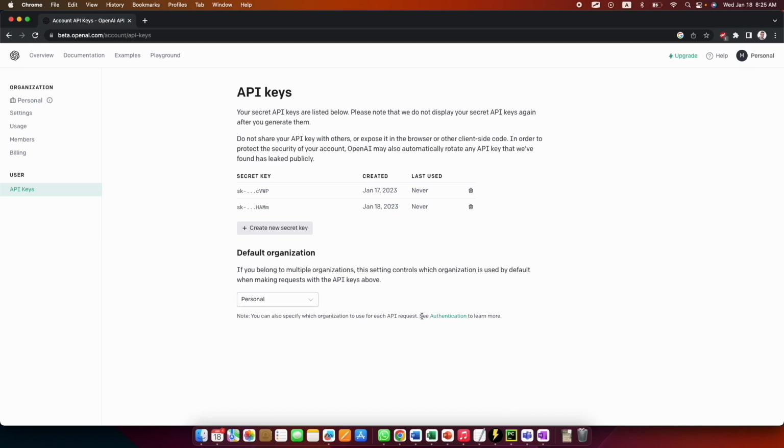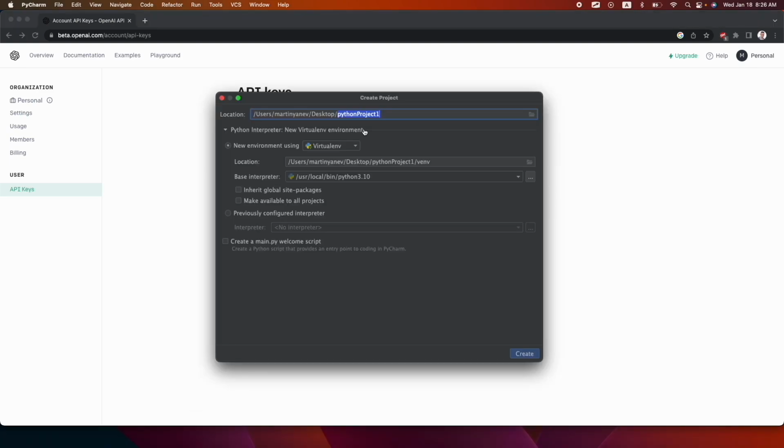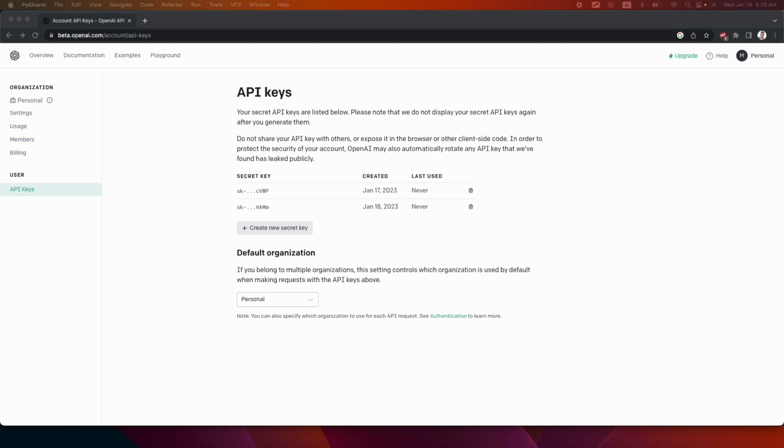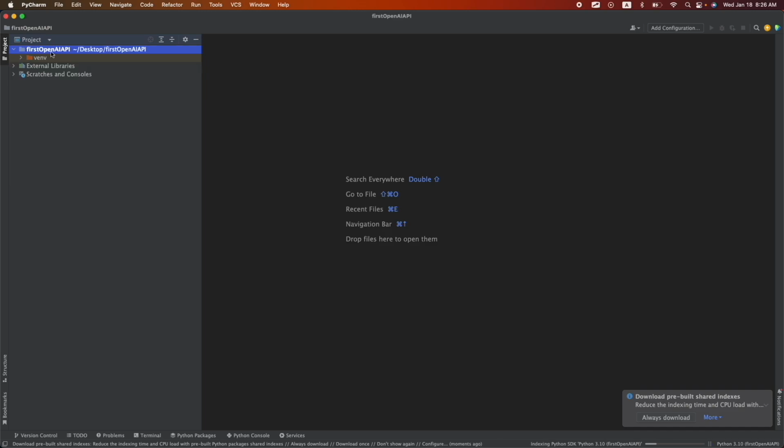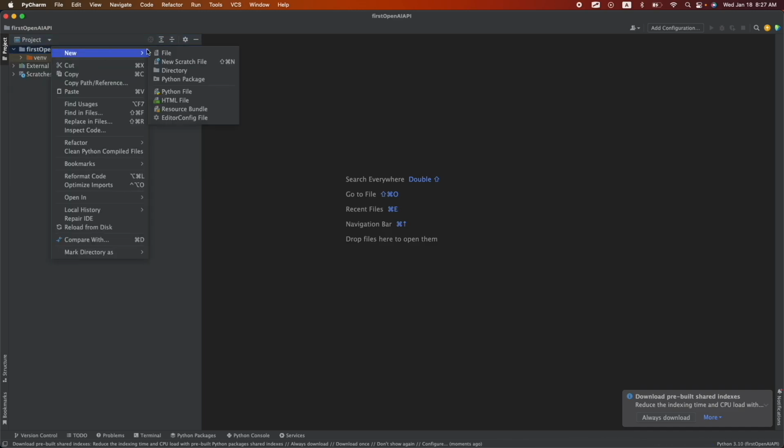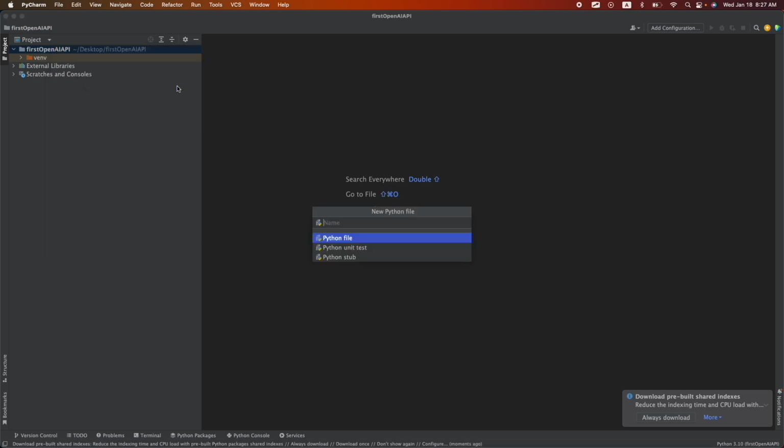So let's firstly create a simple application that will access the OpenAI API and provide you a response in your console. Let's create a new PyCharm project and I will call it first OpenAI API, and then create. Okay, and here is your new project. Here you have the Python virtual environment and let's create a file. I will do new Python file and I will call it